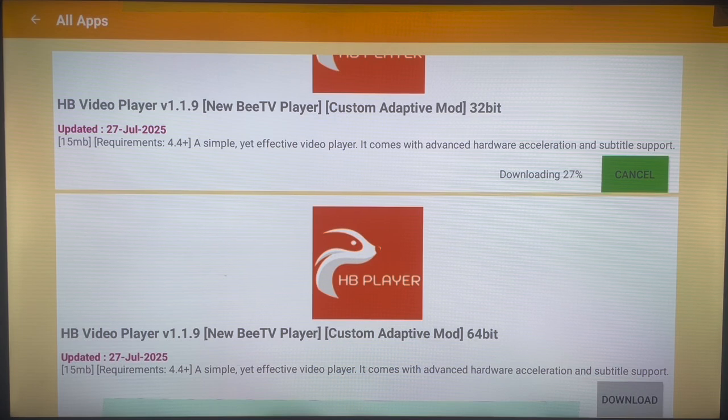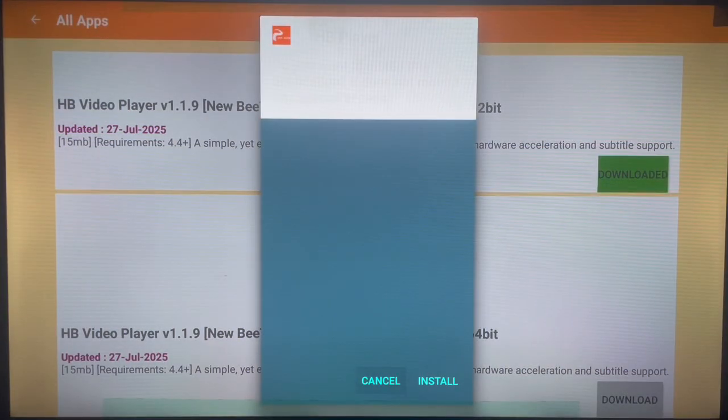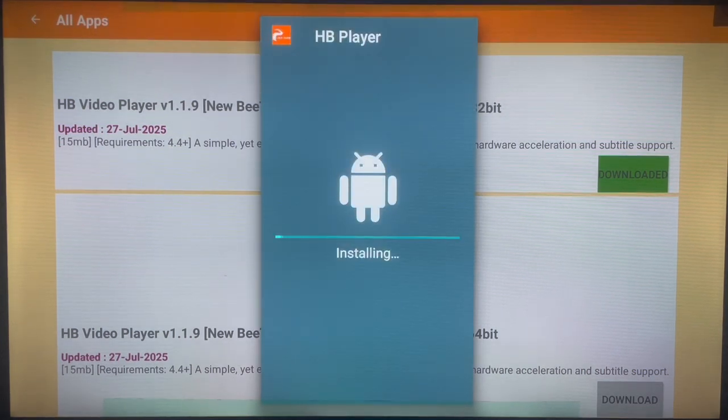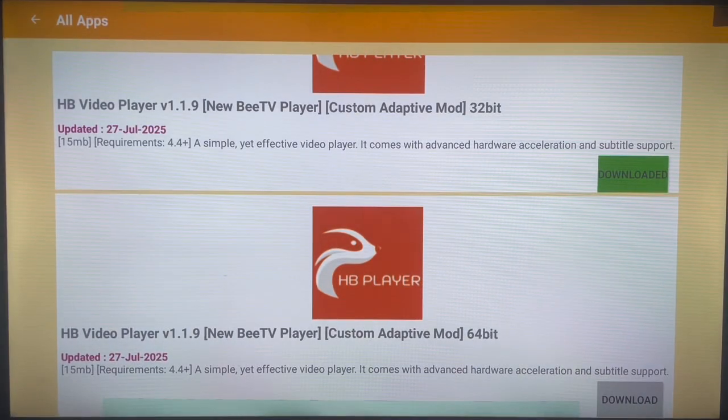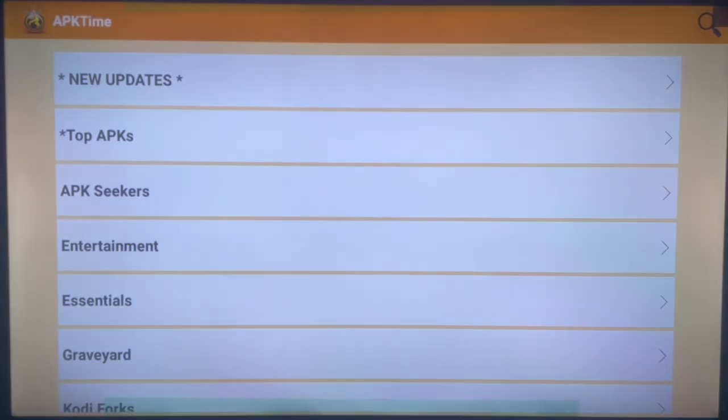So here it is, and I'm just going to download it and give it a second, let it completely download, and I'll install it to my Fire TV device. I'm doing this because my Fire TV device is a 32-bit. Now once it's downloaded, all you need to do is just go over here, click on install, and the application is going to be installed straight away to your Fire TV device. It doesn't really take a lot of time. As you could see in this video, I've shown you everything step by step without skipping a particular step. Now once this is done, please just click done, and then you can close this APK Time and return home